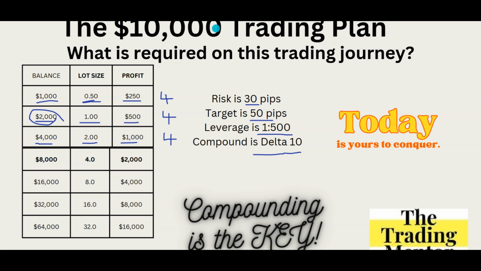So 4 of those equals $8,000, and so on and so forth. So it keeps going and going and going. So let's say you have 4 trades, 1 per month, 1 per week, and it takes a month to double